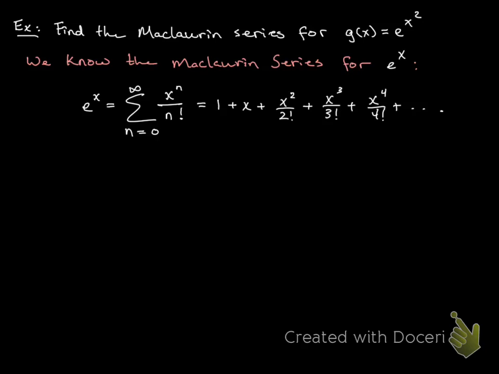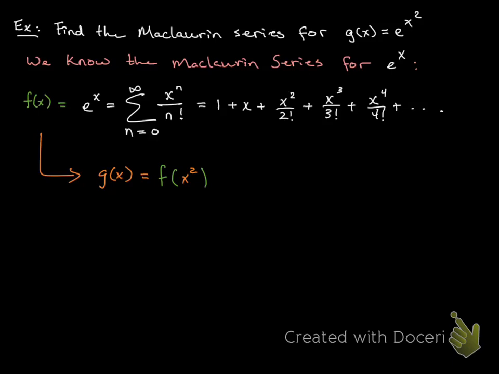Okay, and I'll do another example on the next slide here too. With this e to the x squared, if e to the x squared is g, I'm going to call e to the x here f of x. So that means that g of x is really just taking f, but plugging in x squared. Instead of just x in the exponent, I have an x squared. So that's taking my function, the one that I know the Maclaurin series of, and plugging in x squared, which